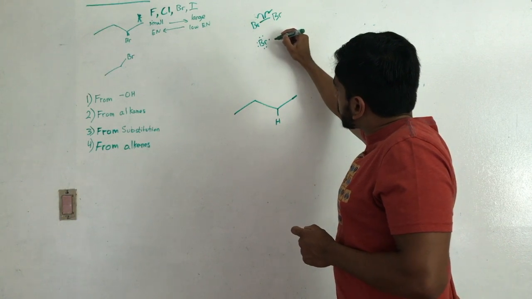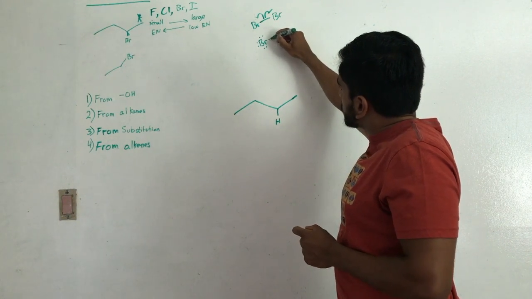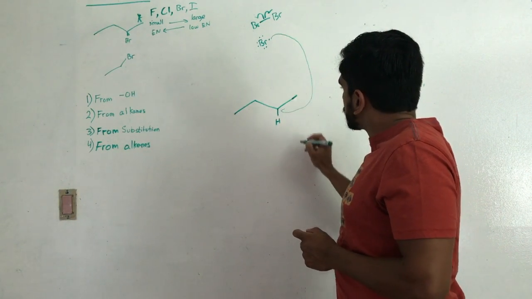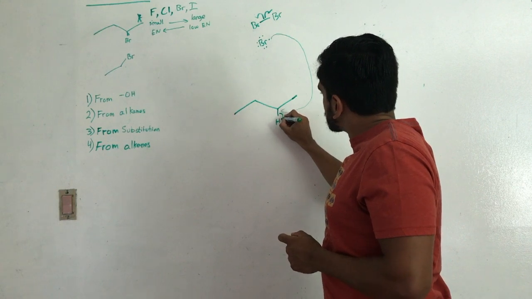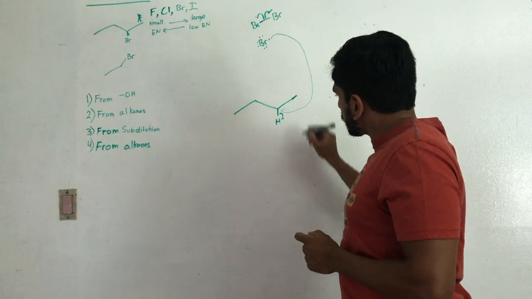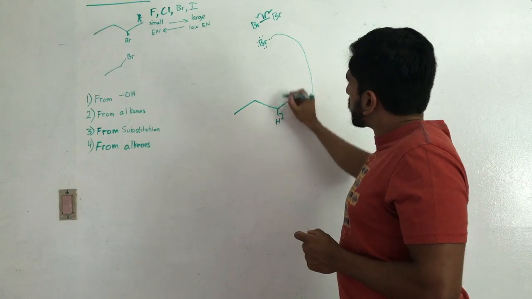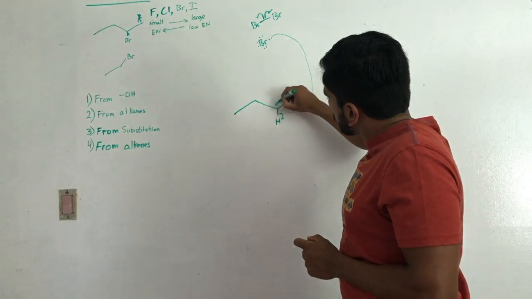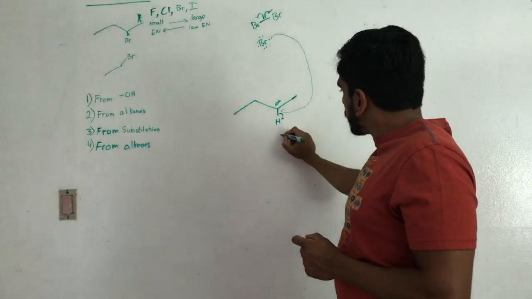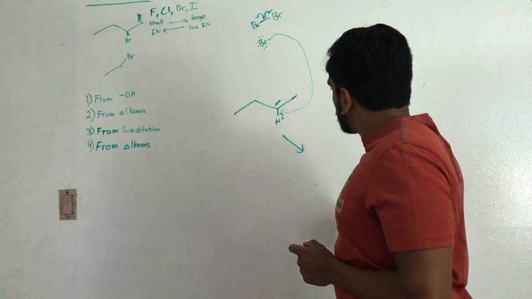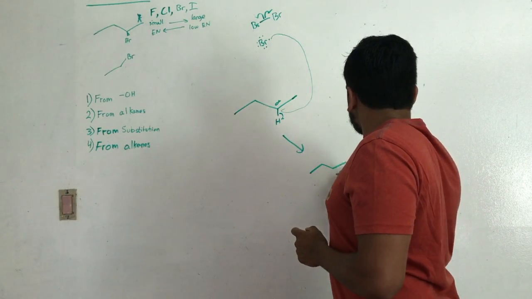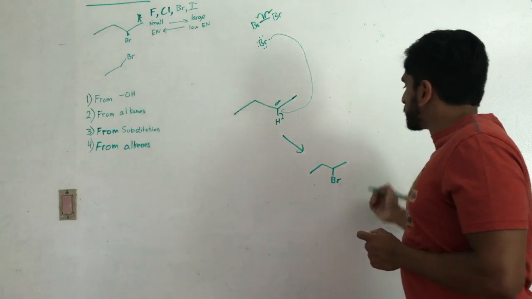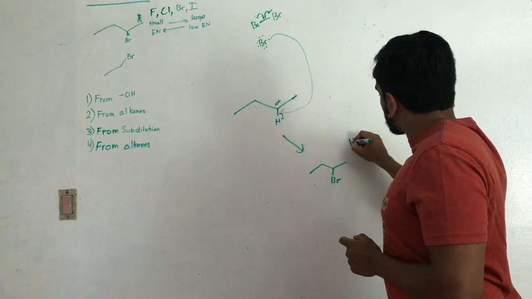So this comes down and fishhooks with this hydrogen, and one electron from this bond merges with this one electron to make the carbon-bromine bond once again at the alpha carbon. So now bromine has its bond and bromine is happy. You're going to end up with a hydrogen radical